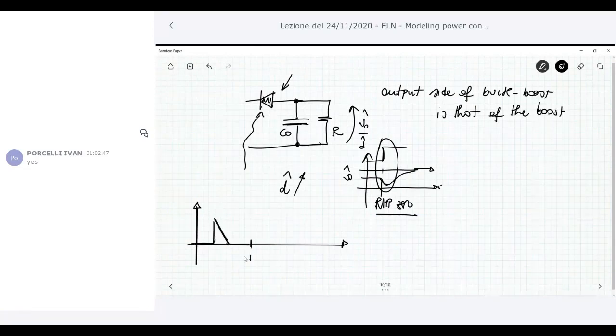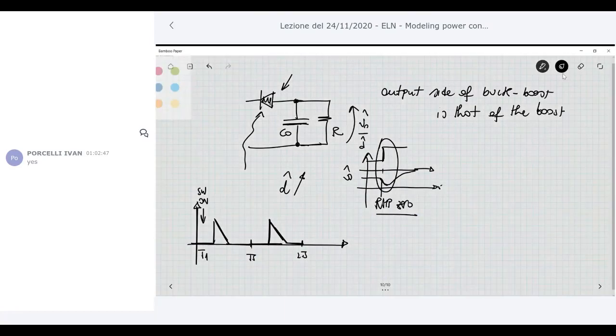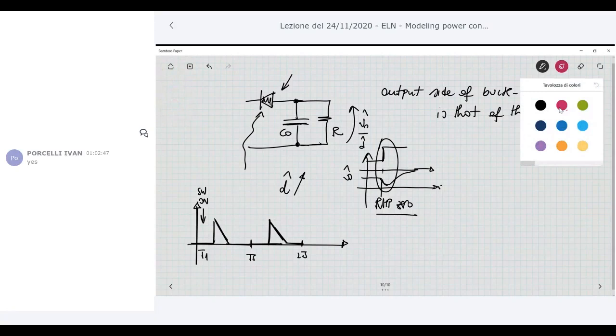This is TS. So here the switch is on during T1. Then I have another cycle, which is the same, etc. Now, suppose that my output voltage is decreasing, so the feedback control understands that the output voltage is